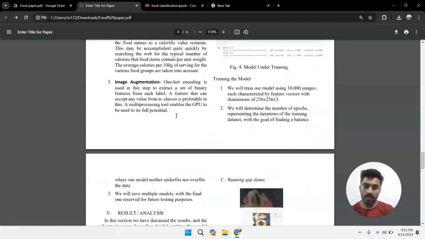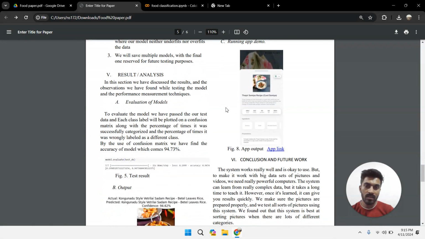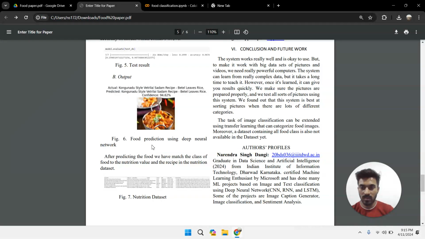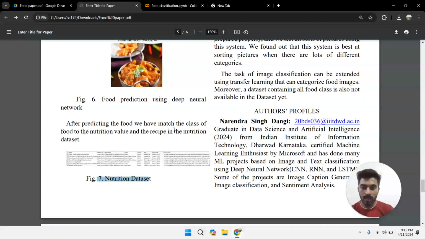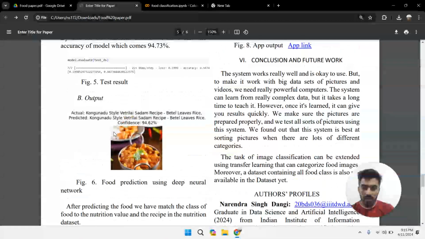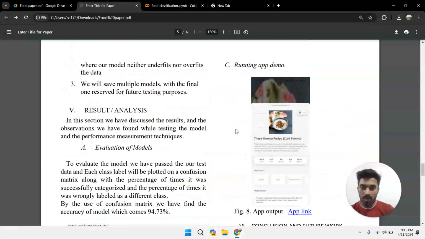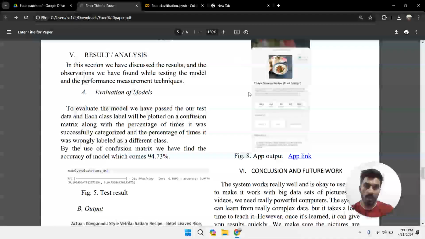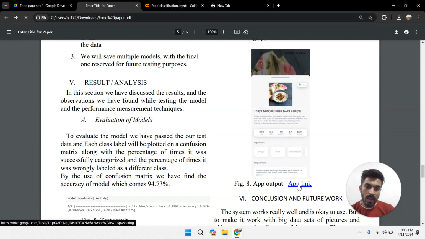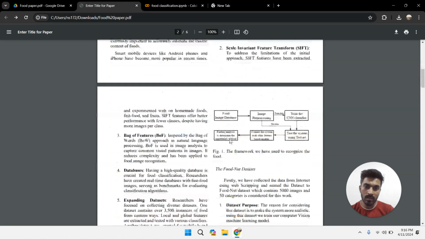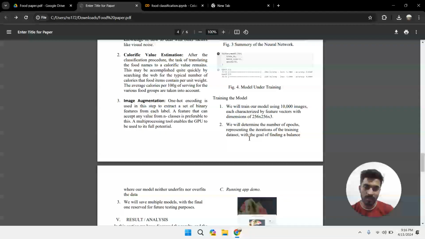For this project, we have created all of these things. This is what our nutrition data set looks like, and this is the output of the test model, and this is the running app demo. Here you can see that we have also created an app. This was the app link, but now I have deleted it, maybe because I no longer have access to that app.